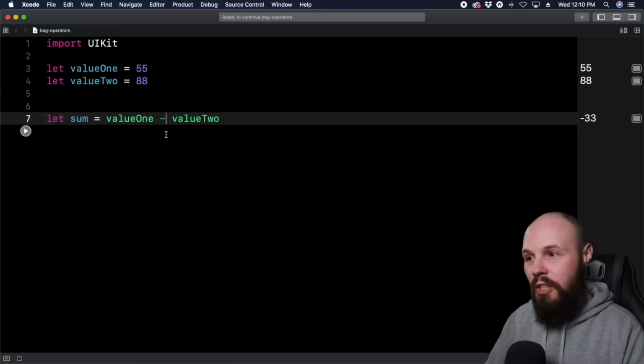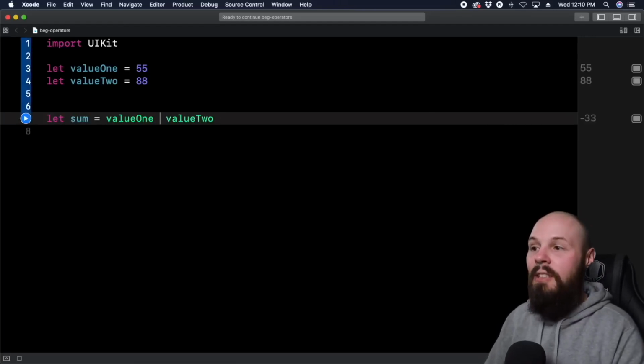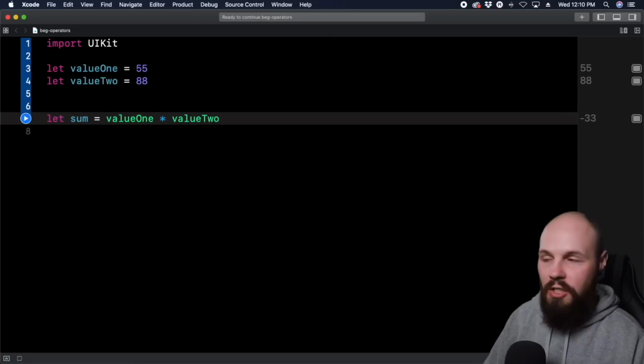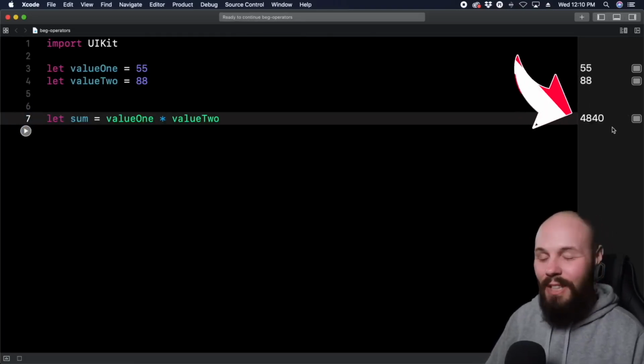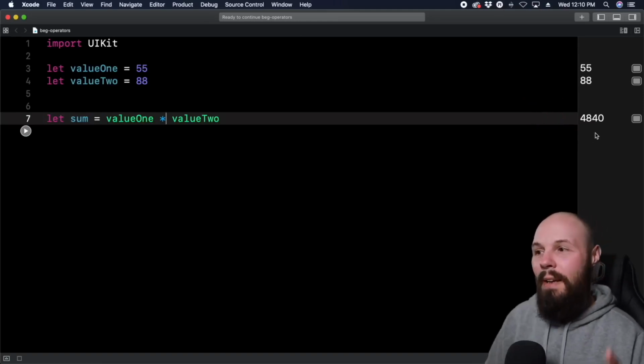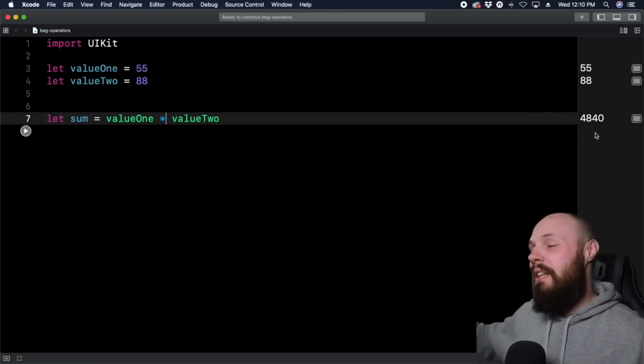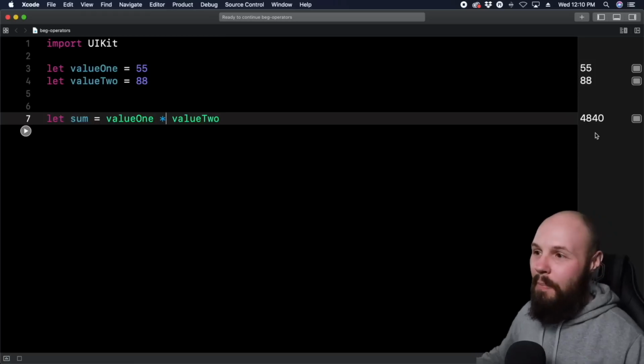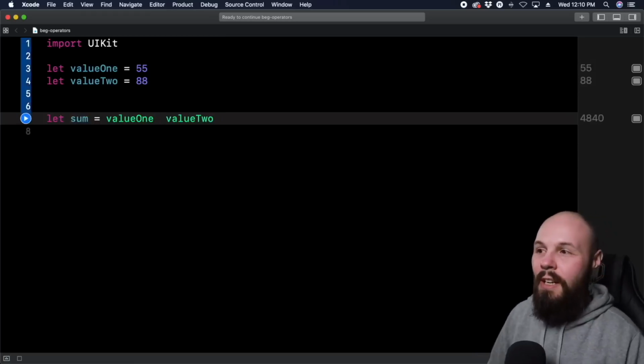And to do multiplication, you use the asterisk, or Shift+8 for the star. That is multiplication here. So I don't know what 55 times 88 is, but we're about to find out. 4,840. Now, that was all smooth sailing. Now's where it gets a little tricky, because for division we're going to do 55 divided by 88, which as